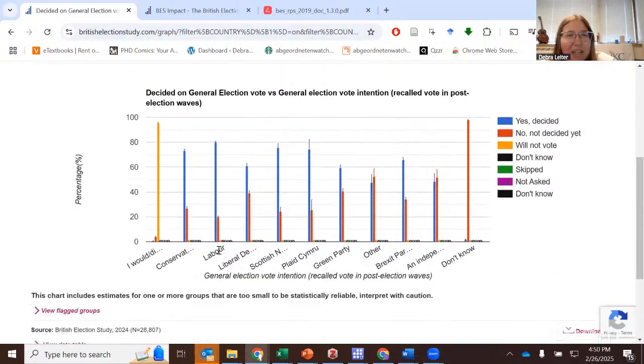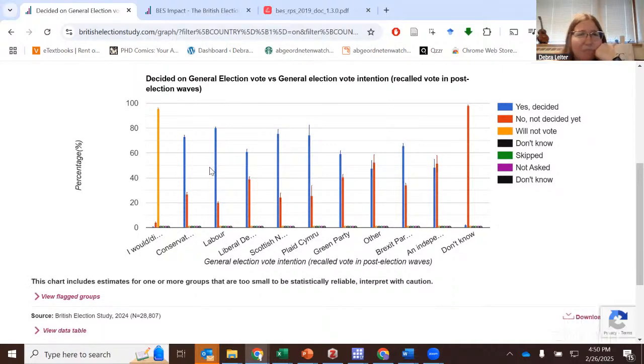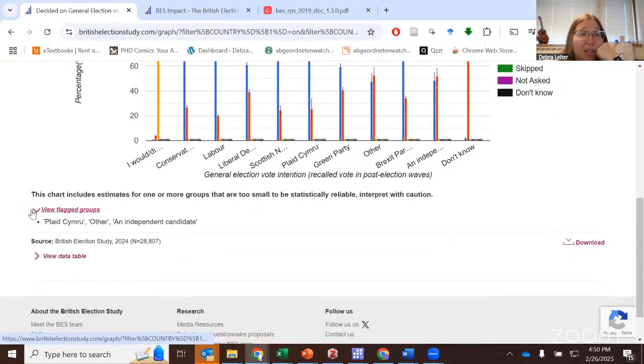What we can see here is Labour voters, to our non-surprise, were much more likely to have already decided to vote compared to Conservative voters, at about a 7% increase. Liberal Democrats were much less decisive, whereas SNP was lower as well, as were Plaid Cymru, although both had high error bars and some little bit of attention. And this is, by the way, where this